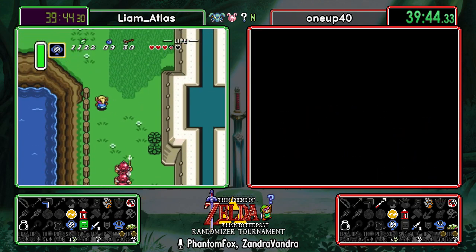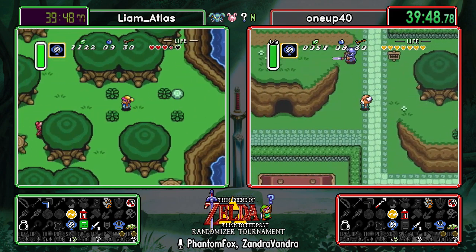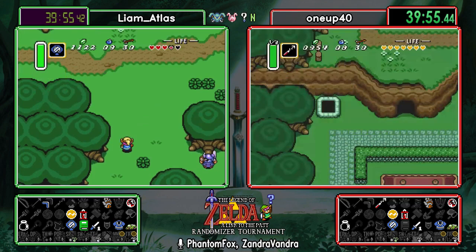All right, so we will see what's in the well of Kakariko, though. But with that hookshot, we can get to East Death Mountain, and we know from one of the hint tiles that there is something in Paradox Cave. Yep,